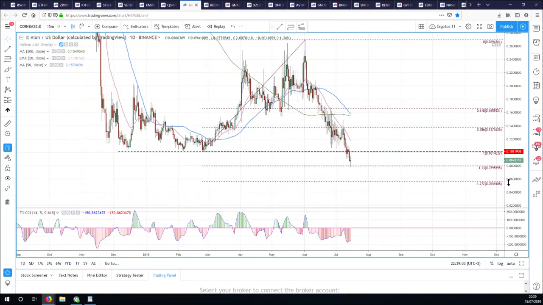If not, or if we lose 795,000, we're going to head down to 556,990, which is quite a long way. 556,988, in fact, is the number. So let's see if we can.